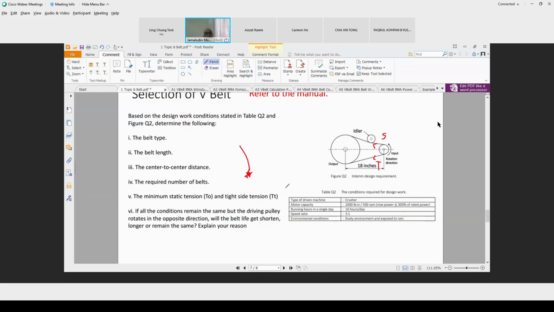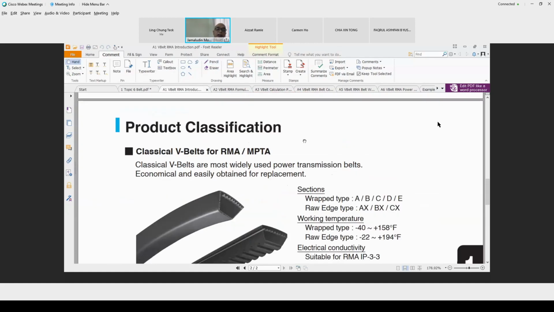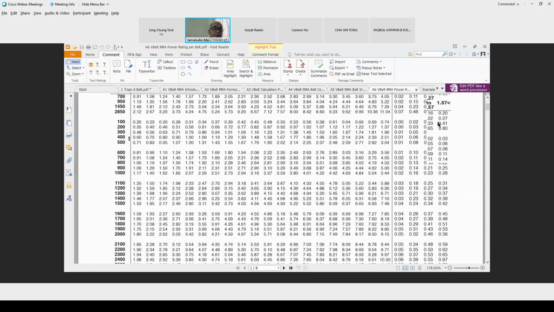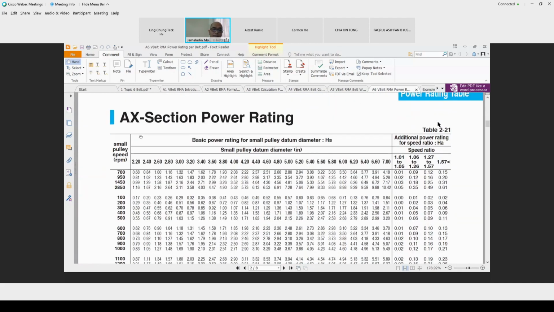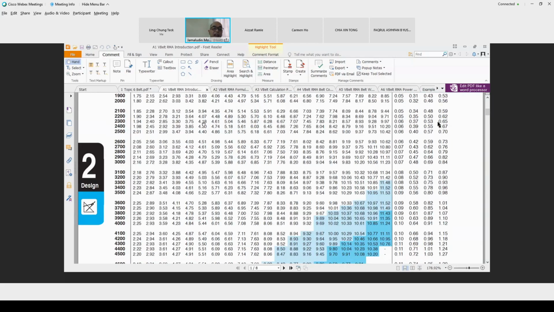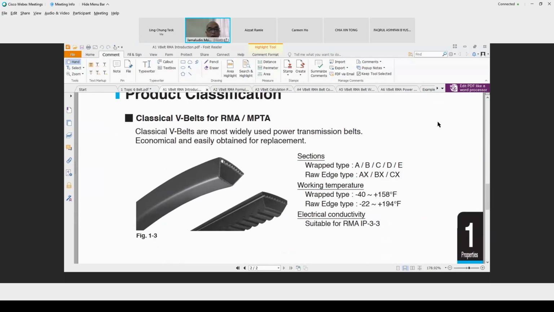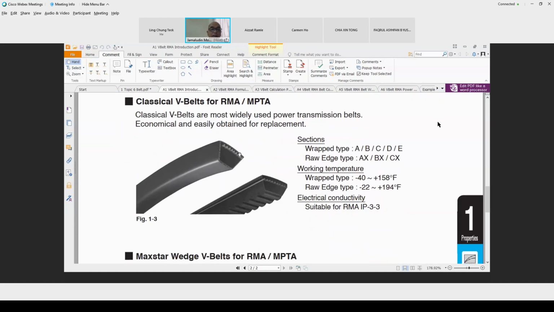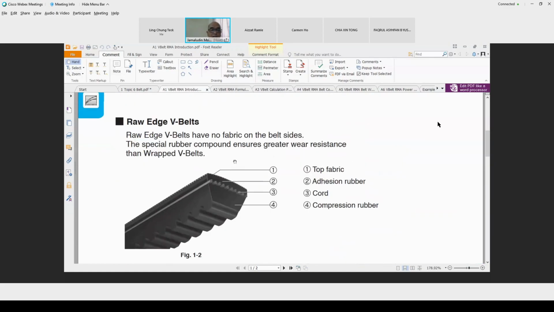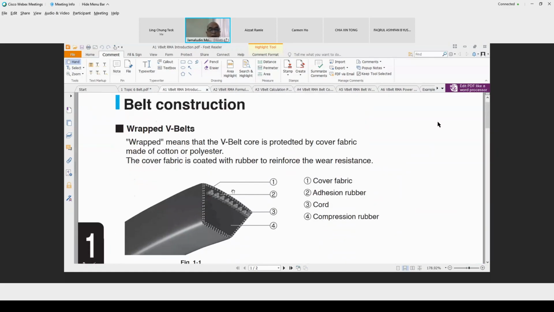Okay, let's say I just go to the belt. In this belt power rating, we have two types: A type and AX type. What is A type? The A type is purely a belt with a fabric cover, meaning that the side will be used against the pulley. That means the side will be